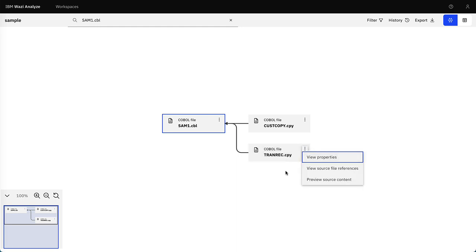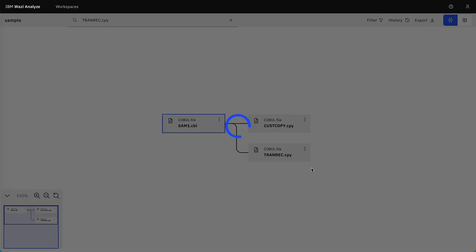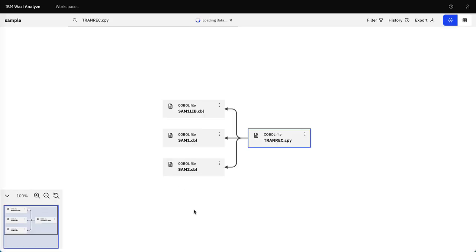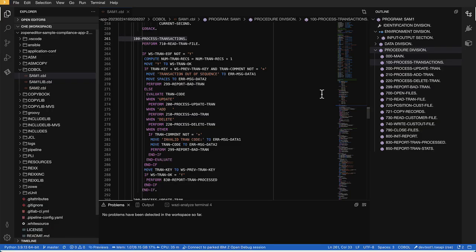She can also investigate now what else is using the TRANREC copybooks, and she can see that it's been utilized by SAM2 and another application, SAM1 lib, that also would have to be updated in case this copybook would have to be changed. So after the analysis, Deb has now enough information to make her code changes, and the first